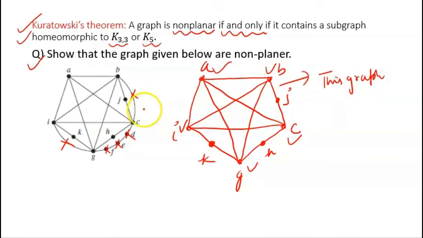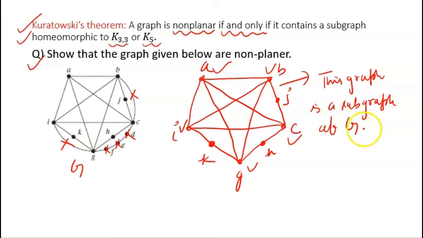Let me call this graph a subgraph of G. Why is it a subgraph? Because you have removed some edges and vertices, and this subgraph